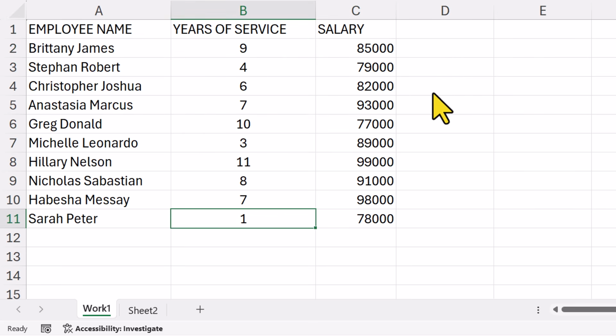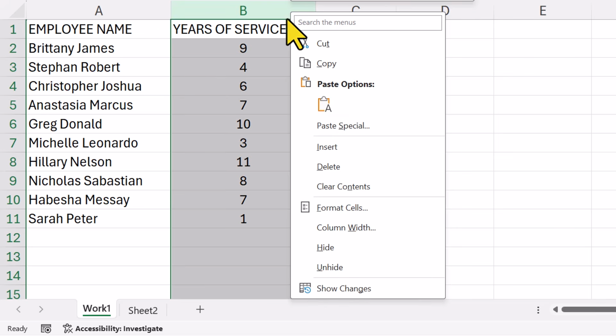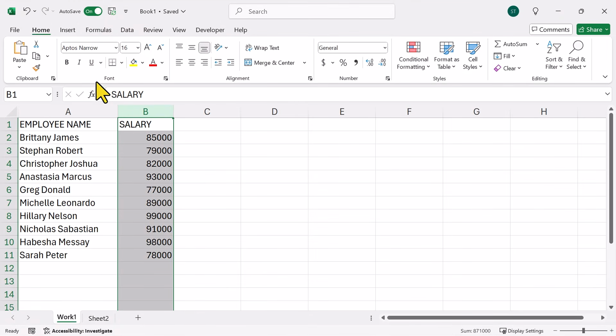Now, when you want to delete a column, you can simply do that by selecting the column at the top and right-click. Then, click the Delete option in the context menu. The column is now gone. Let's undo that. To undo whatever you did in Excel, press Ctrl-Z on your keyboard or click the Undo button,